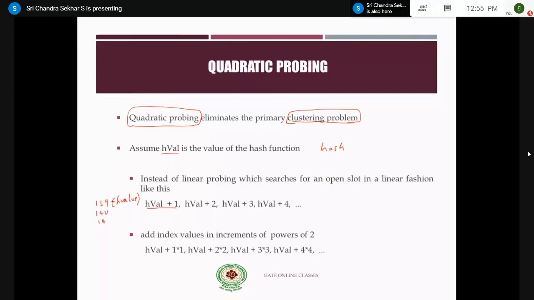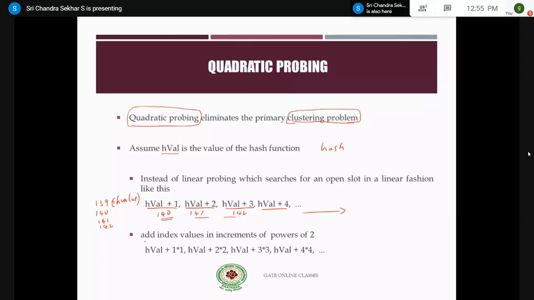The next is 141, which is h value plus 2. The next location you probe is 142, that is h value plus 3, and h value plus 4, and so on. You go on incrementing the hash value by 1, and then you find the indexes.